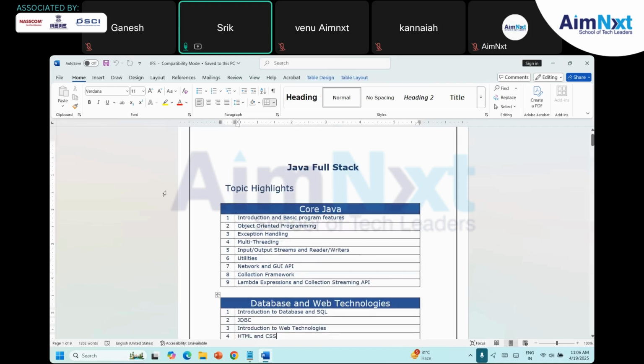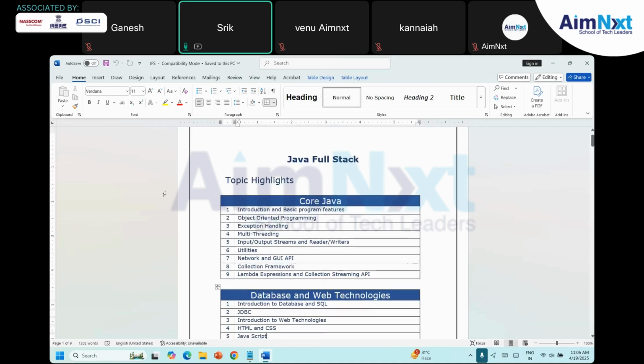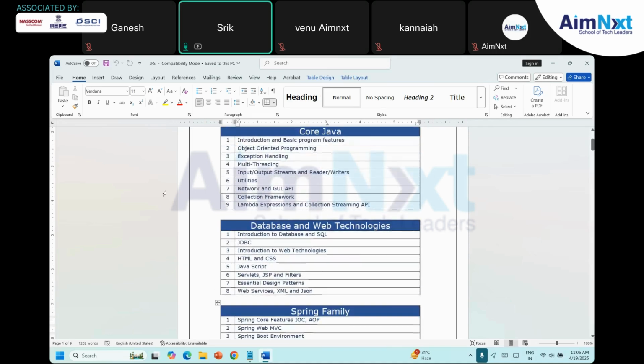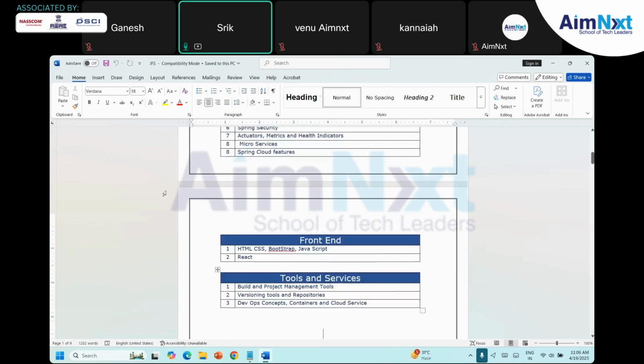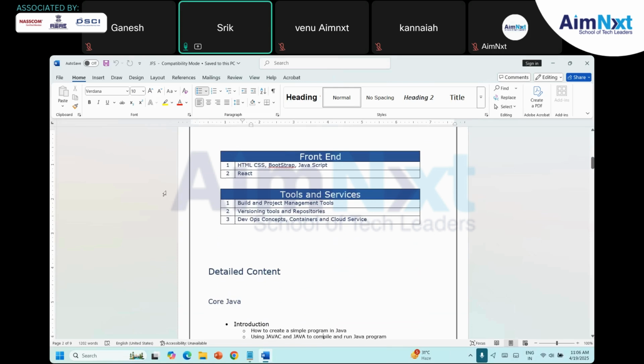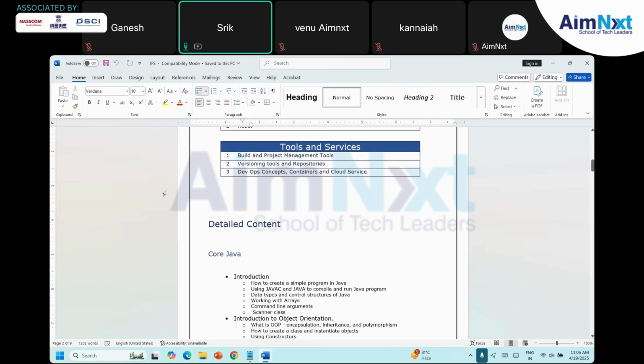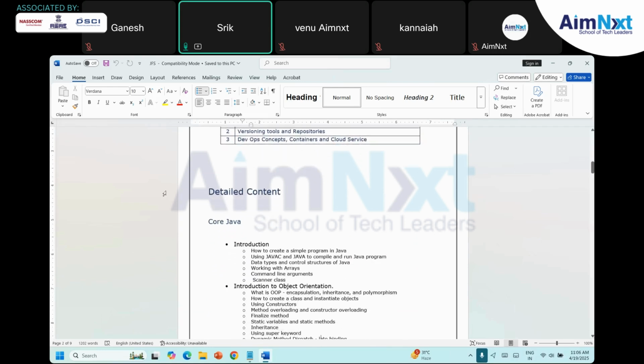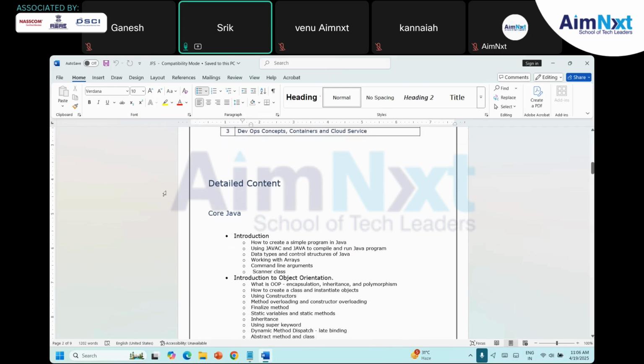Initially, we are going to start with the basics or essentials of Java, that is called core Java. Whether you know programming or not, we are going to start from scratch. You need to understand programming concepts, and you need to work every day on assignments and tasks. Initially we are going to set up the Java environment